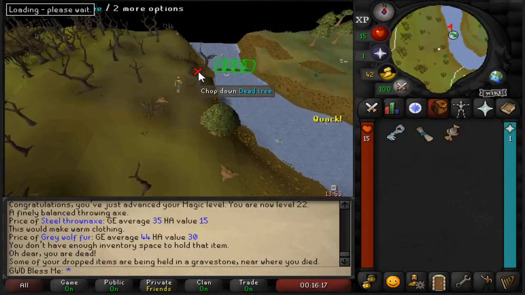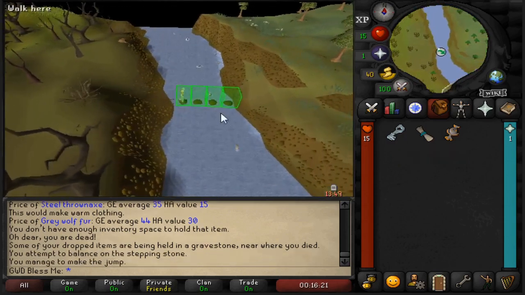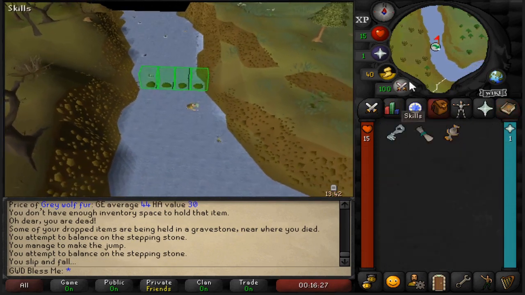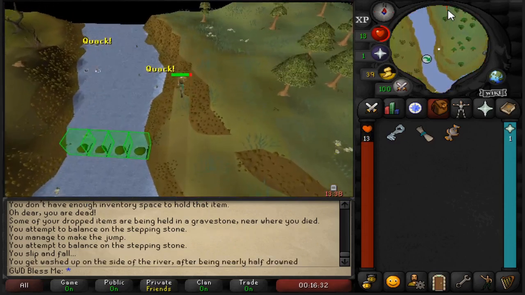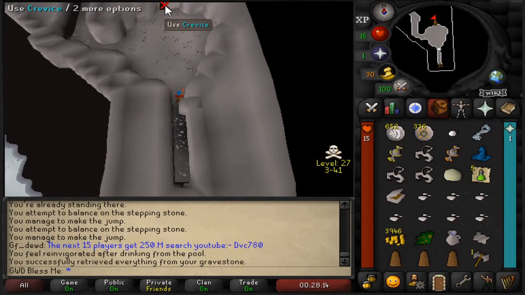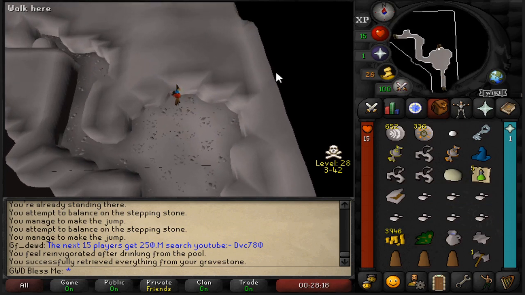Okay, I might have just died, but it was because I risked my life to get an ecumenical key. That's my first one on the account, and that is going to be a ton of money, especially because we are at 22 magic, so we can low alch it to get us going. But this is kind of the main source of income that we're going to be looking for, at least while we're in the wilderness. After dying about 3 or 4, maybe 10 times, I finally got this inventory, which is...